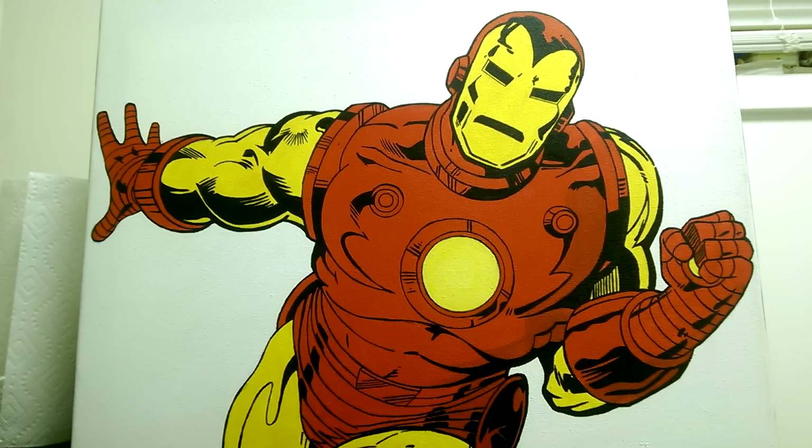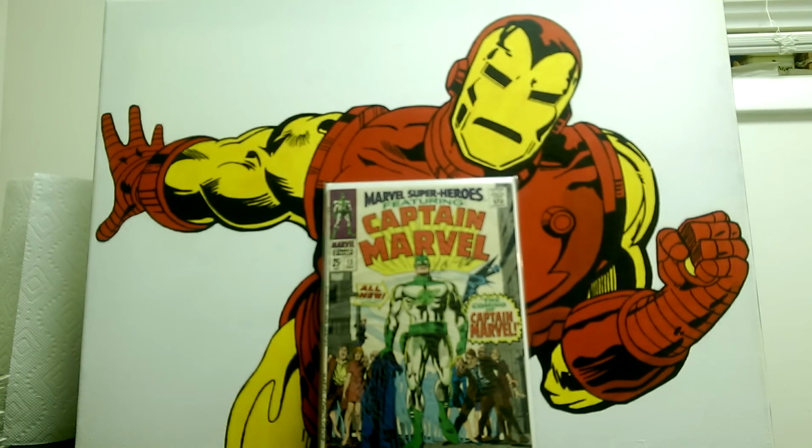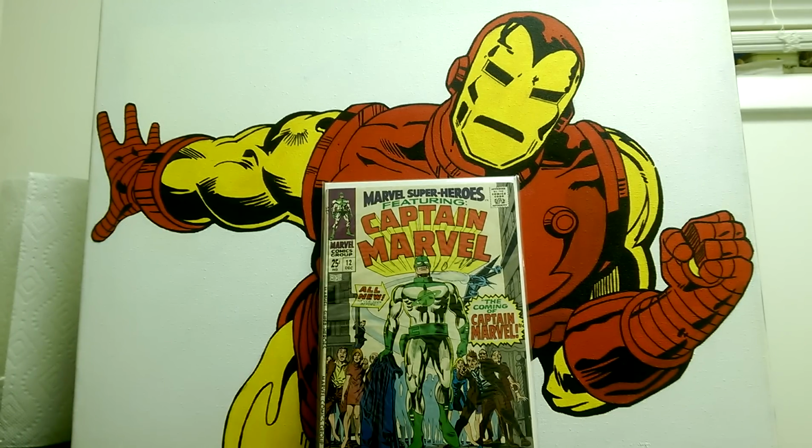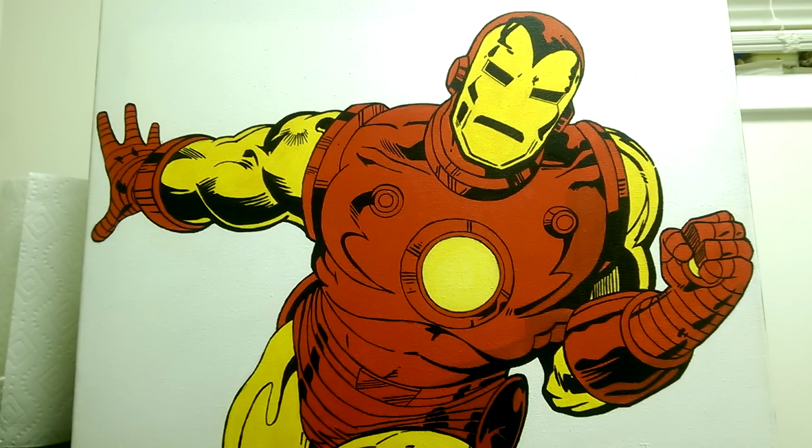Let's see. This is just another cool character. My number 31 entry on this list is Marvel Superheroes number 12. This is the first appearance of Captain Marvel, and even though I think the Captain Marvel they're going to use in the movie is Carol Danvers, I've always liked this book, and I actually like this original green and white suit as well, so it's a cool thing to have. Very happy to actually have this book, any grade. Let's see, my number